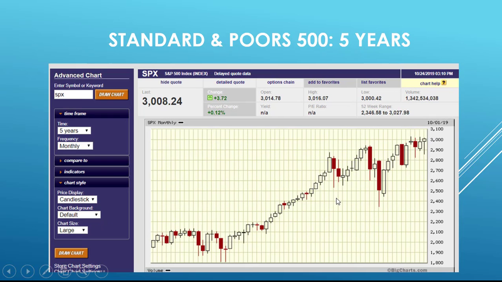Here's the Standard & Poor's for the same period of time. Once again, we get these functions coming along, following the same patterns of bullish candles and bearish candles. Dojis are pivot points. We see a few of those along the way, but mostly bullish function with an occasional bearish adjustment. So we learn to read these candles. We become very astute at being able to predict which direction the market is going to go in the future.